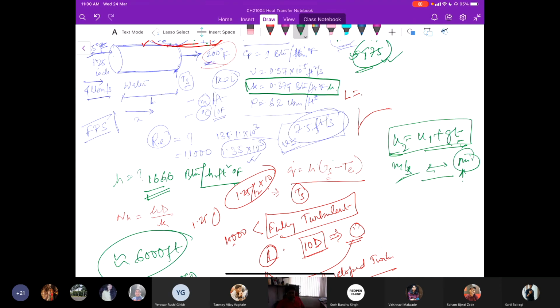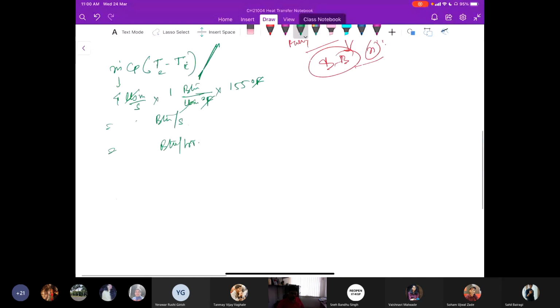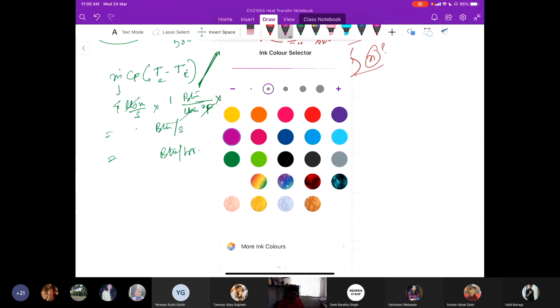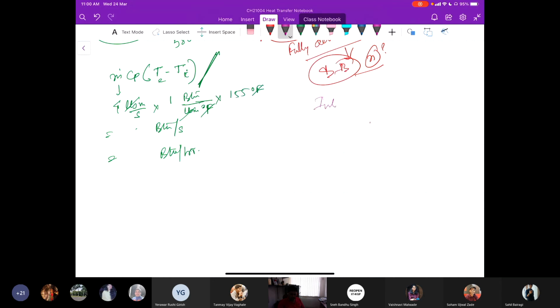So I stop here today. If you have any question, feel free to ask. Because now I want you to solve internal forced convection. Let me tell you, classify a couple of problems. How would you find that in Incropera and do it? So for internal flow, go to the internal flow section or internal